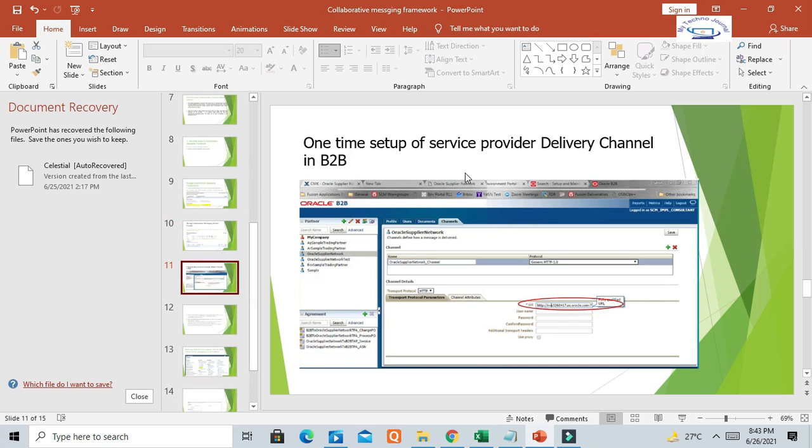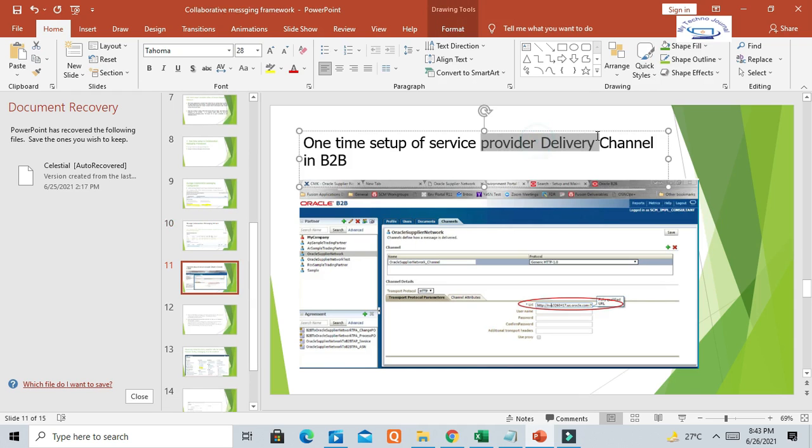Then the one-time B2B setup for the provider in the delivery channel. The delivery channel is nothing but the registration URL. Once we register with Oracle Supplier Network, this URL will be provided by Oracle, and we need to set it up here in our delivery channel setups.